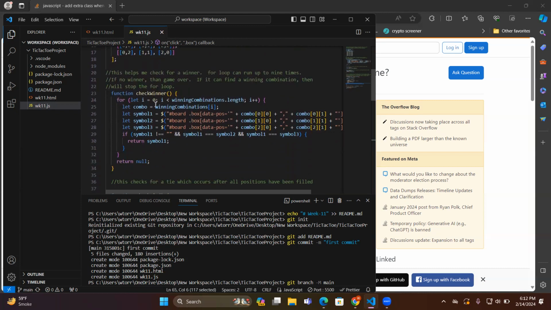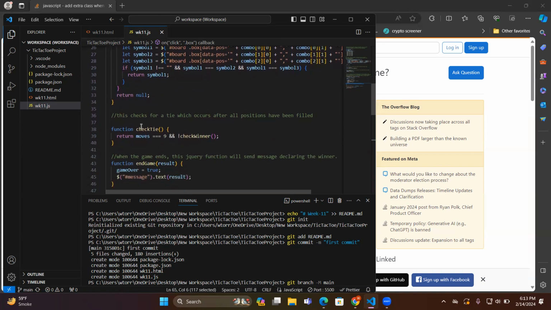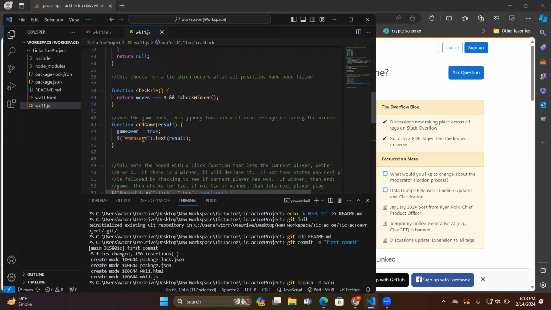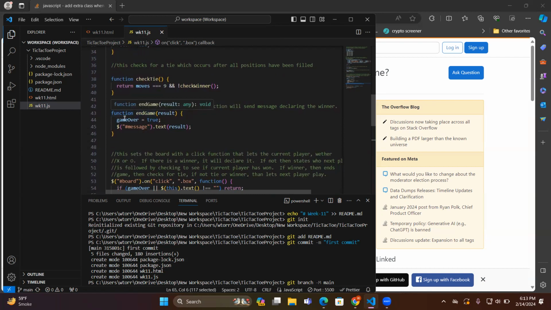And so basically for this, it'll do a for loop and it'll run every single time that you have a new move, and then it'll compare to see if there is indeed a winner. It'll compare to see if there's three X's, depending on the position of the array. Okay, and then this is just a very simple function, which checks to see if there's a tie. If there's been 9 moves done and nobody has won, then there's not going to be a winner. Here you have basically the end game,